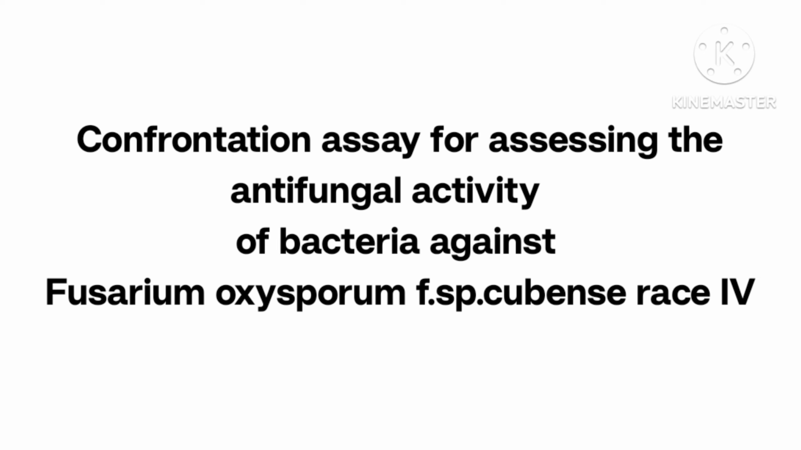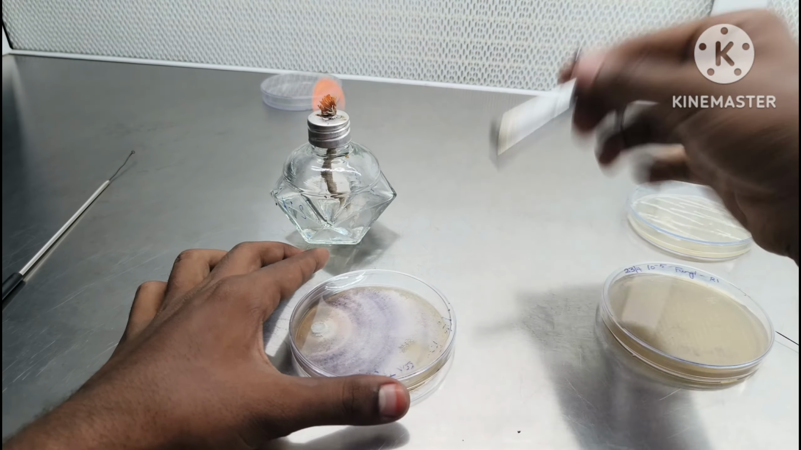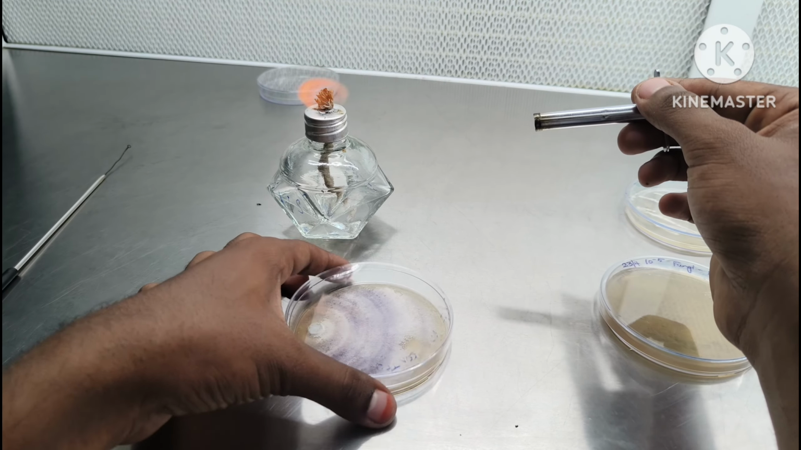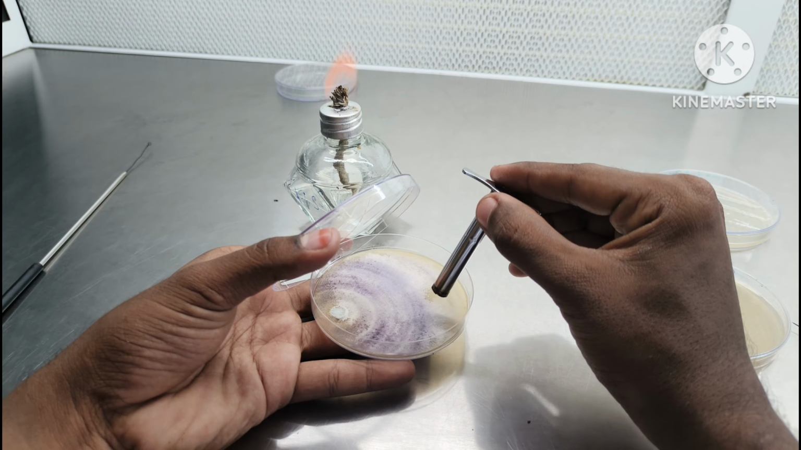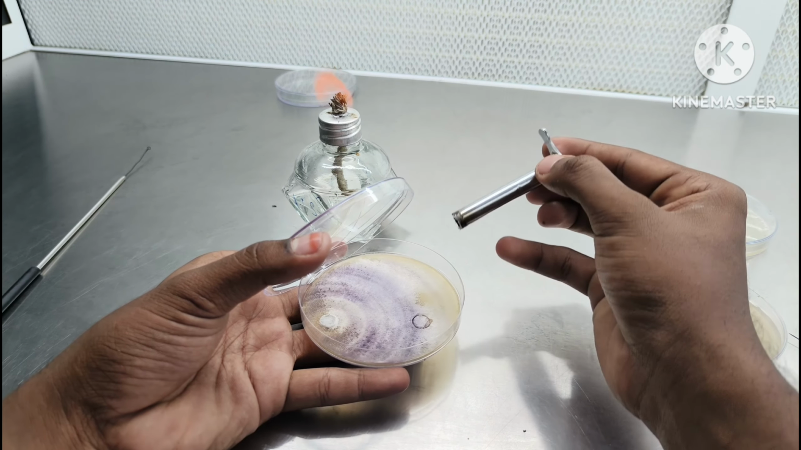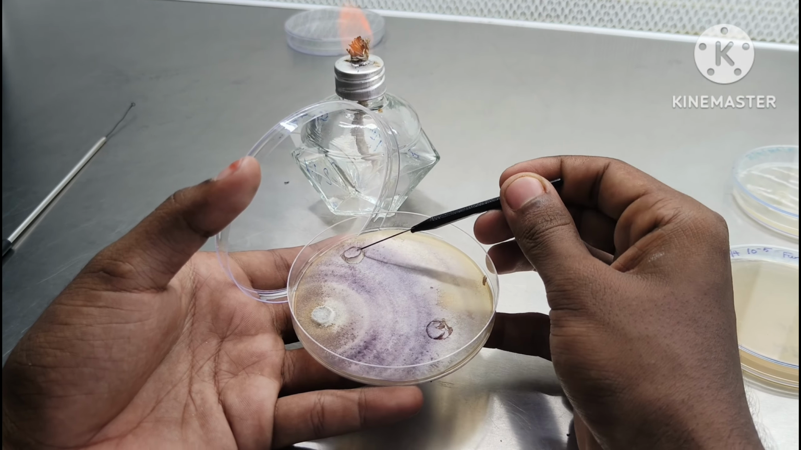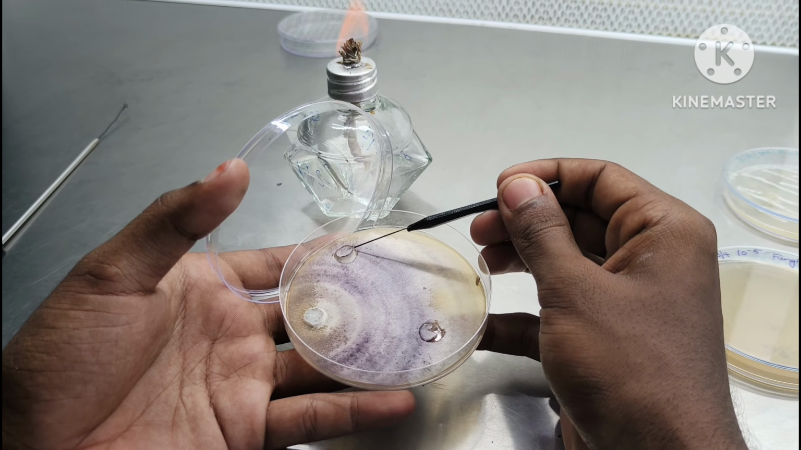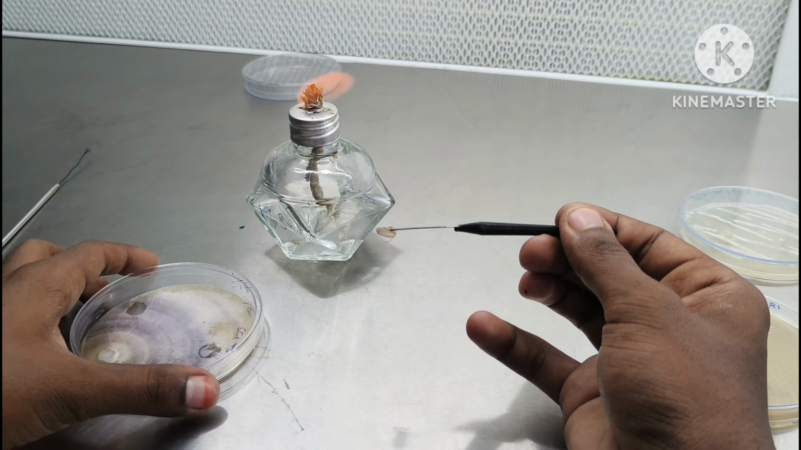Confrontation assay for assessing the antifungal activity of bacteria against Fusarium oxysporum, former species Cubens race 4. Mycelial disc with diameter 8 mm of Fusarium oxysporum, former species Cubens, was made using a sterile cork borer. The mycelial disc was then picked out using a sterile needle